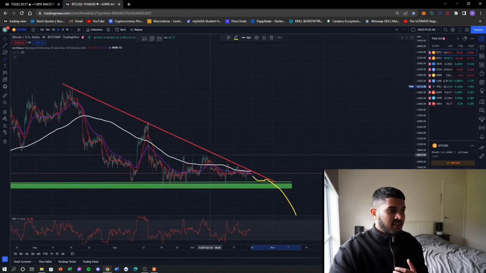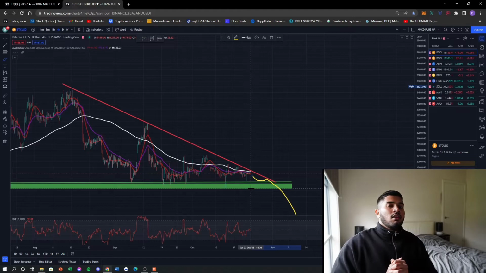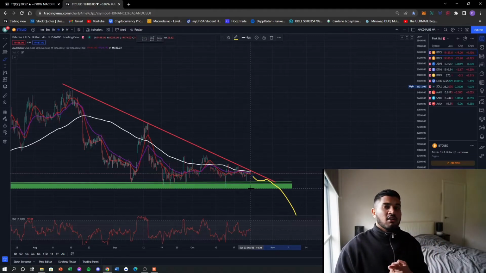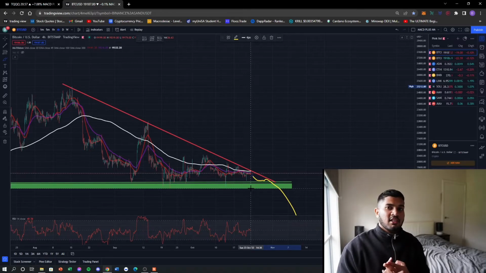Then next they supplied more or sold at 20,000, and next at 19,000. So lower highs when it comes to a descending triangle, and higher lows when it comes to an ascending triangle. And the key things are, draw your resistance and your support,